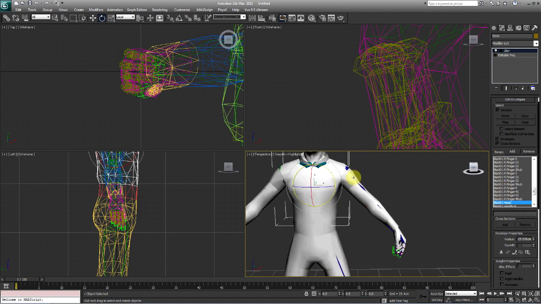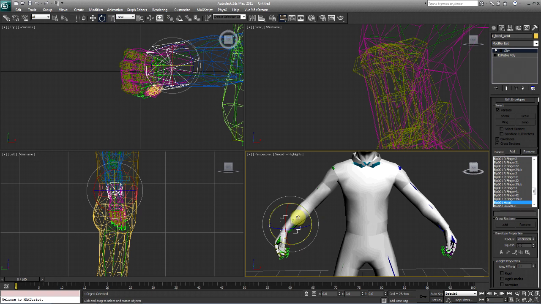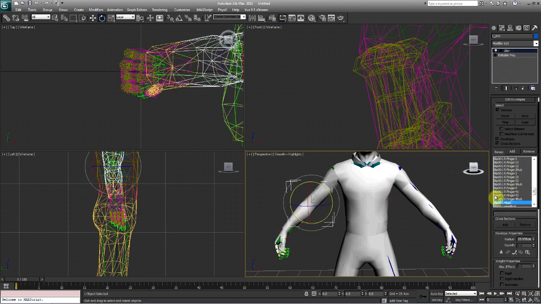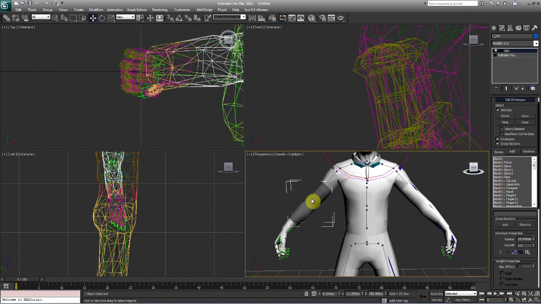Okay. We're going to work on the right arm. Okay. Let's go ahead and hit edit envelopes. And you don't have to select the bone. You can also select these little lines right here, and it will work on what you select. Okay. So you have to be careful. Say for example, you select the spine and you start messing with the weight properties and you actually have the right arm selected. Well, now the spine is going to tell this right arm, well, you're assigned to me.